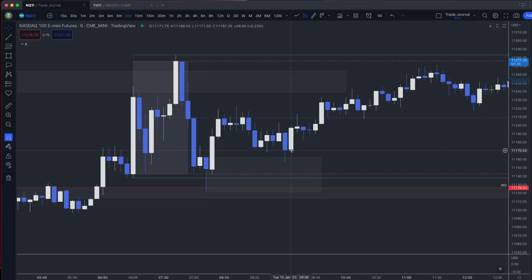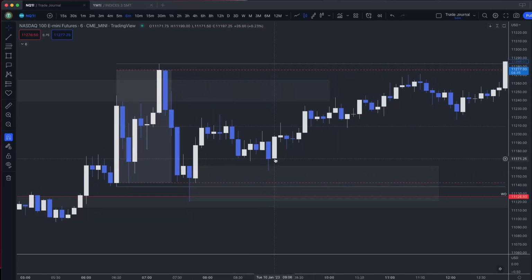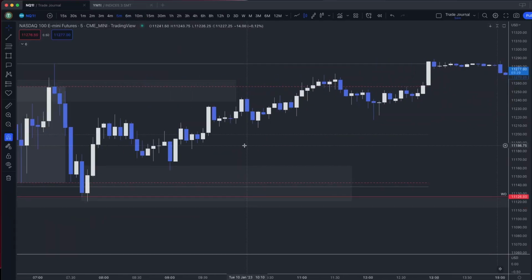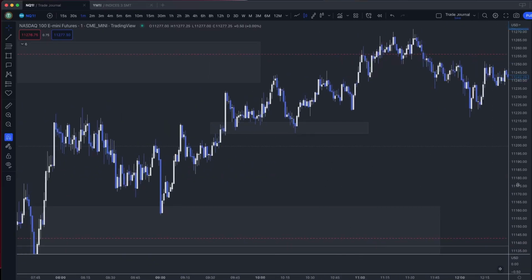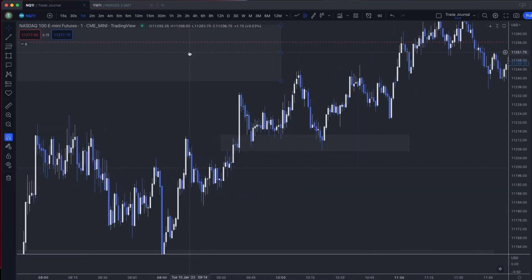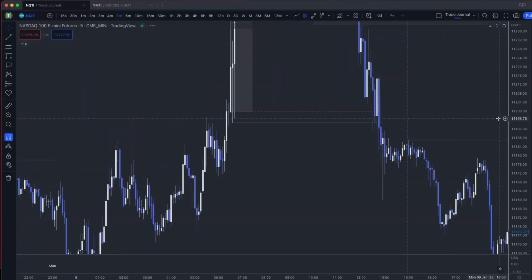So I was hoping to see us consolidate for basically the remainder of lunch and then another tap. So I did not get filled. I did not get in here. And then I just saw price move away. And I saw another possibility, like I said, to enter here. But I'm only taking trades that I feel really, really great about. But you can see, just as a study, we had this 5-minute imbalance that was created. So, sorry, let me go back one more time.